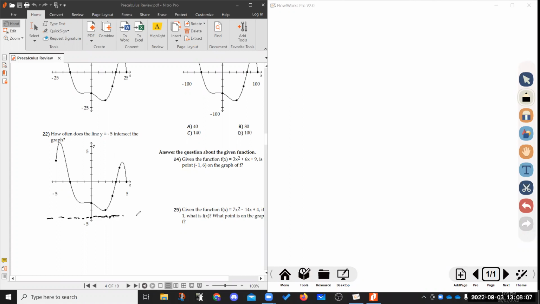You see that? And it looks like the answer is never, right? Never, because it looks like all y values, all range values are greater than -5, always. So